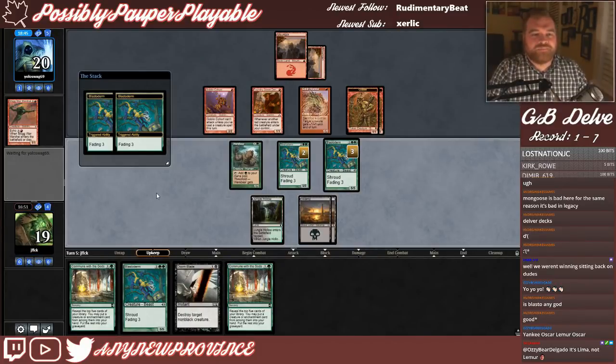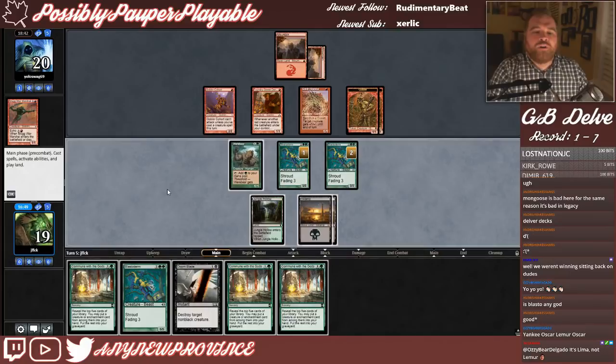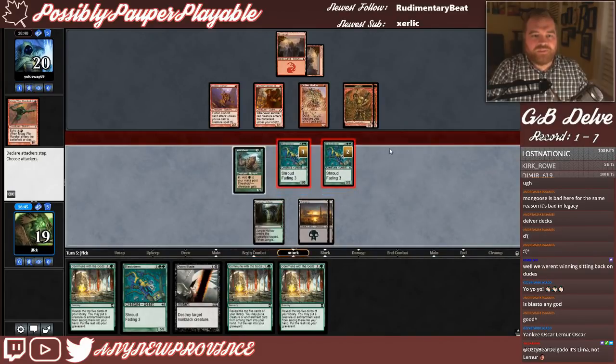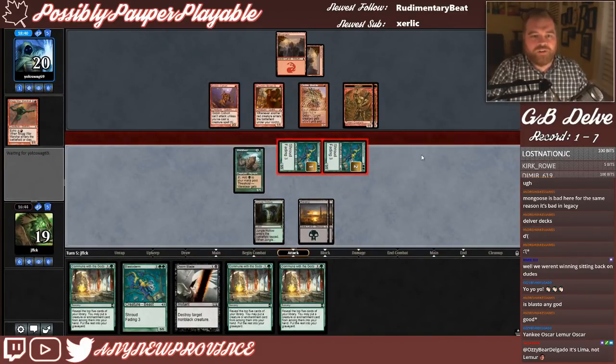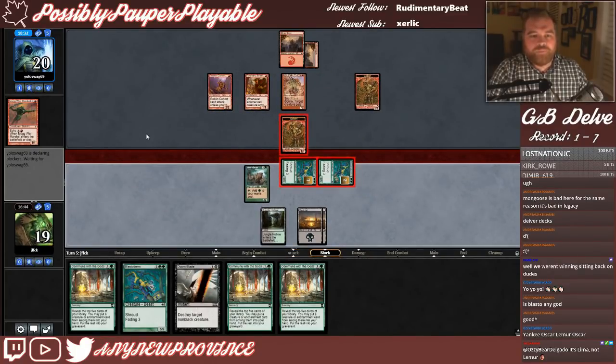Fading, fading. Fade away. We are just going to keep playing 5/5s. That is the plan. Tackle with a couple 5/5s. See how our opponent decides to block, if at all. I kind of want to hold up